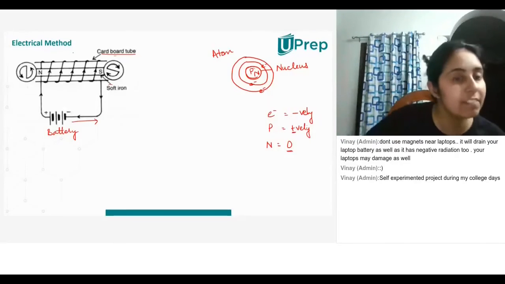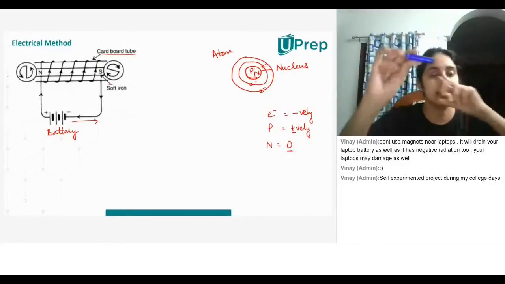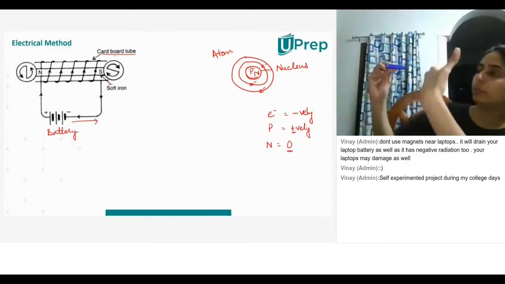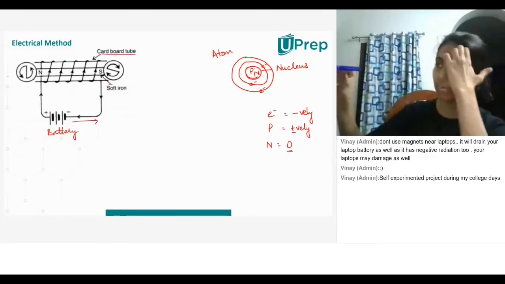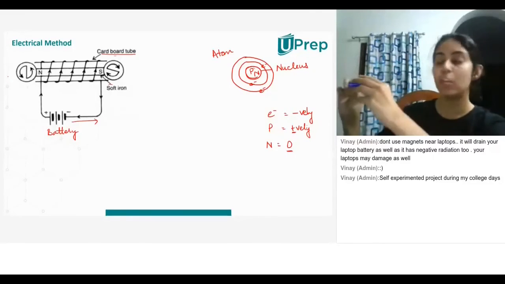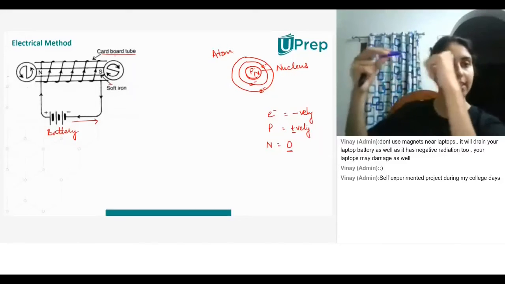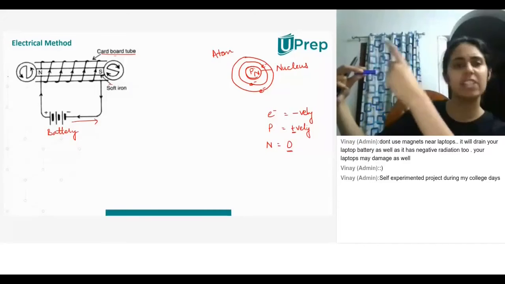You take the positive end of the battery, and say this is my piece of iron. I'm going to put this piece of iron right in front of my eyes, and then I'm going to see in which direction the current is flowing. I told you that the copper wire is coiled around this thing. So then I'm going to look at the copper wire and I'm going to see in which direction the current is flowing.